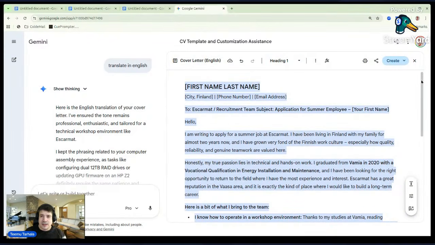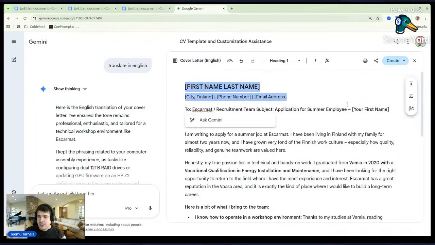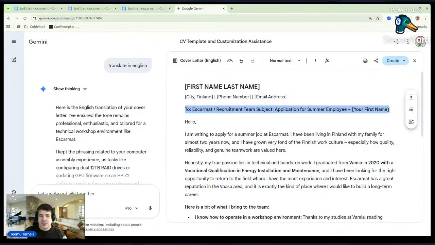Let me show an idea of a good cover letter. Of course, in the header we have our own details very briefly, and then what many people forget to add is the position we are applying for. But hey, recruitment team, subject, that's something we don't add there.